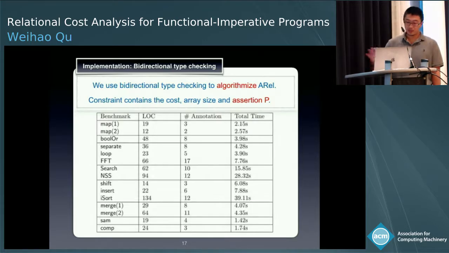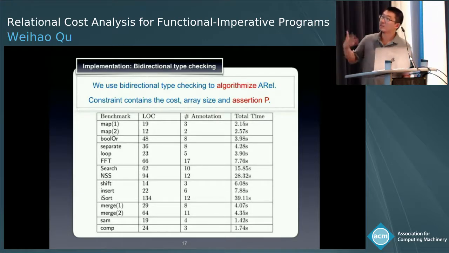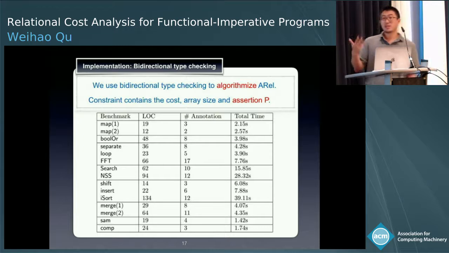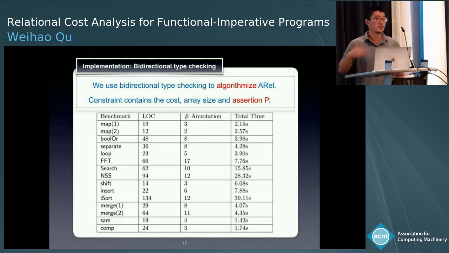I will show a list of imperative examples verified by our type checker. Some of them will take a longer time because of the complexity of the constraint, which will contain some set